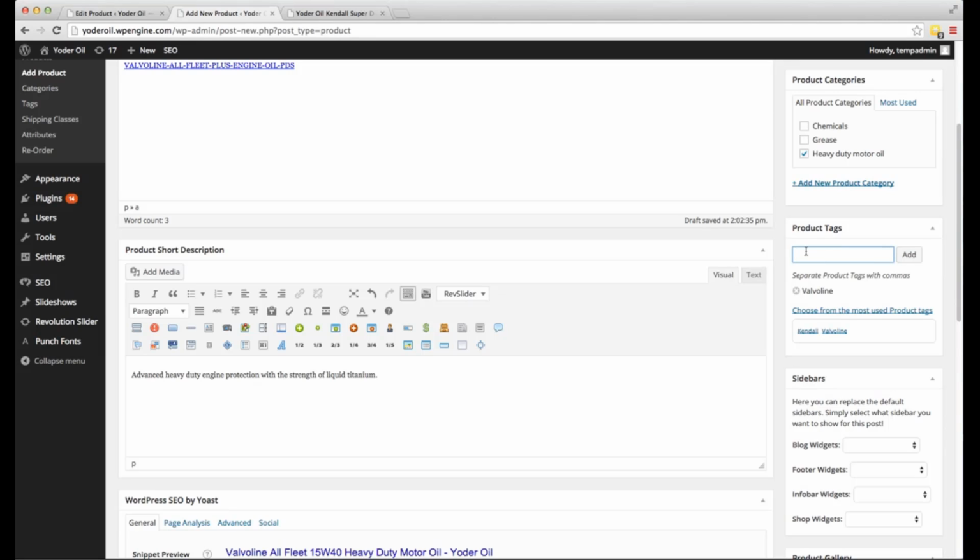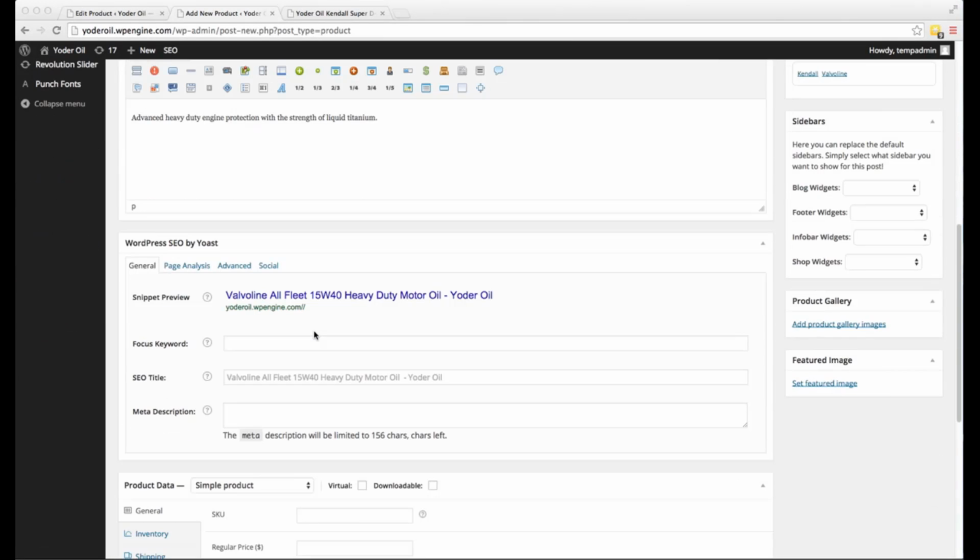If we wanted to add a new one, we'd just type it in here and click the add button. And then once we have added a tag, it's always available for any product in the future to be clicked to be added to that product. Going down here a little bit, I'm going to explain this box to you, but most times you probably won't